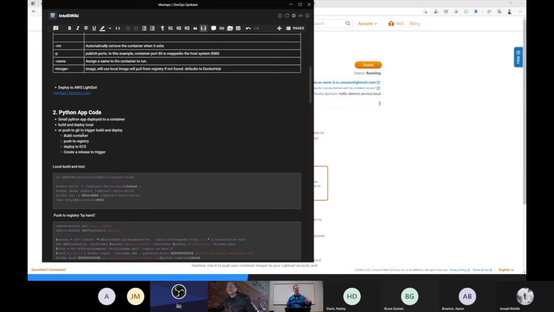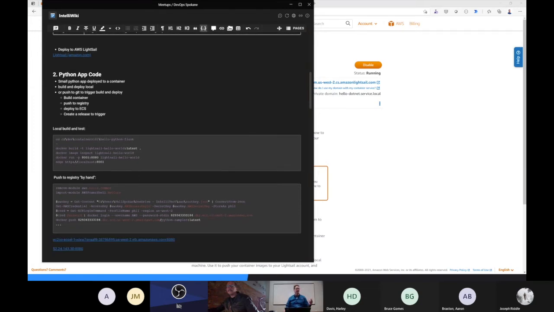I can build and deploy this locally, test it if I want. I can manually push this up to the cloud for deployment into a container registry, do some stuff in ECS and retrigger, but that's no fun. I've also created a GitHub action, although when I say I created, we'll get into that in a little more detail in a second. It takes about 8 minutes to deploy, so I want to get to deployment before whatever. Just play along. So again, there are some commands there I could use to push by hand, but I'm not